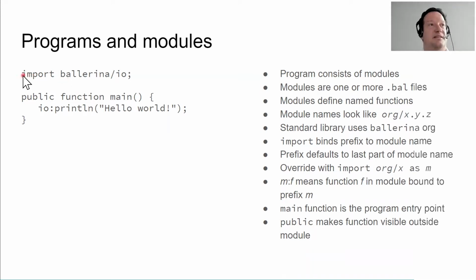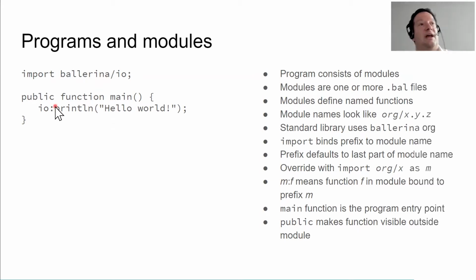So this line here is importing, making available, a library module. Our library modules have two-part names as far as the program is concerned. They have an organization, which here is Ballerina, and they have the module name, which is IO. When you do an import like this, you can then access the function using a prefix. The prefix by default comes from the last part of the module name. So this is importing the IO module from the Ballerina organization, and then we're calling the printline function in the